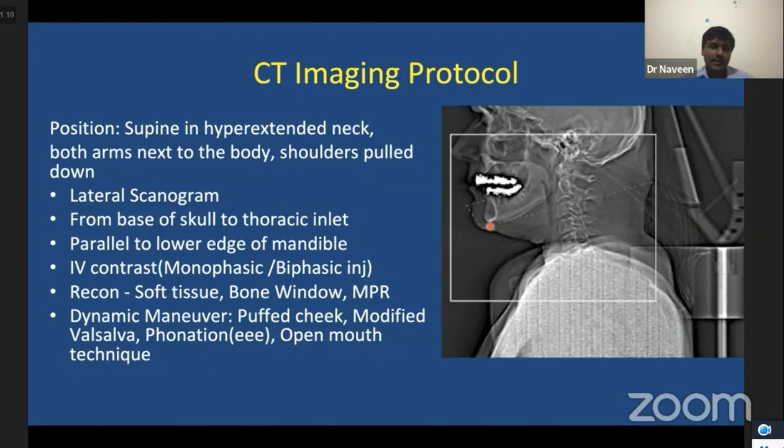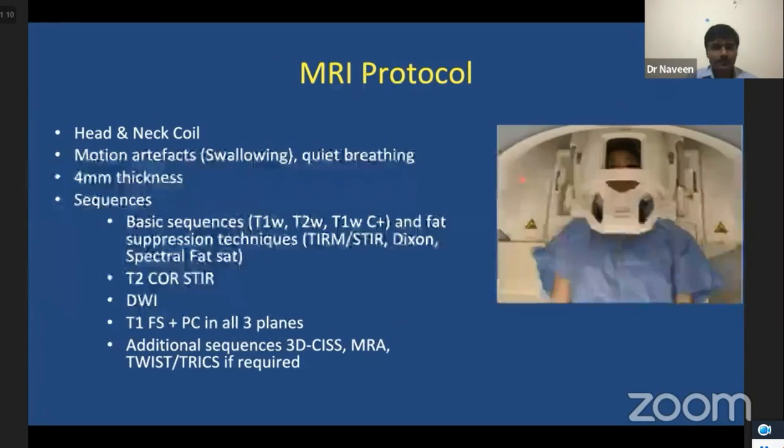to delineate the mucosal lesions, such as in gingival and buccal lesions, where the lesions will be approximating the adjacent structures. It's very difficult to make out buccal cancer and gingival cancer, where the puffed cheek technique can be used. Other dynamic maneuvers like the modified Valsalva and phonation, where the letter E is phonated for about 10 seconds, are done mainly to produce a contrast of the mucosal surface with air. So regions such as the hypopharynx, ventricles and the piriform sinuses can be better delineated with these dynamic maneuvers. The open mouth technique is used when there are a lot of artifacts due to dental implants.